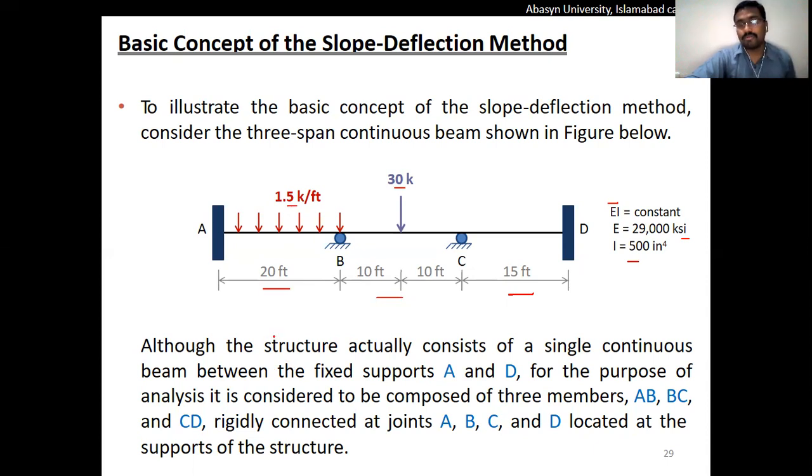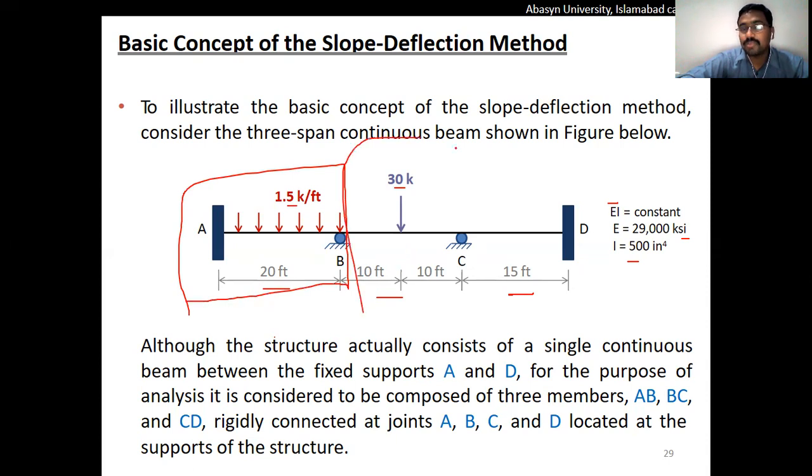Here, as I already informed you, the slope and deflection method equation is applied on one span at a time only. So you cannot apply this method directly to a number of spans or directly to the whole beam. So what we are going to do is first apply this equation to span AB, then to span BC, and later to span CD. Then we are going to solve the compatibility equations to solve these members and the frames.